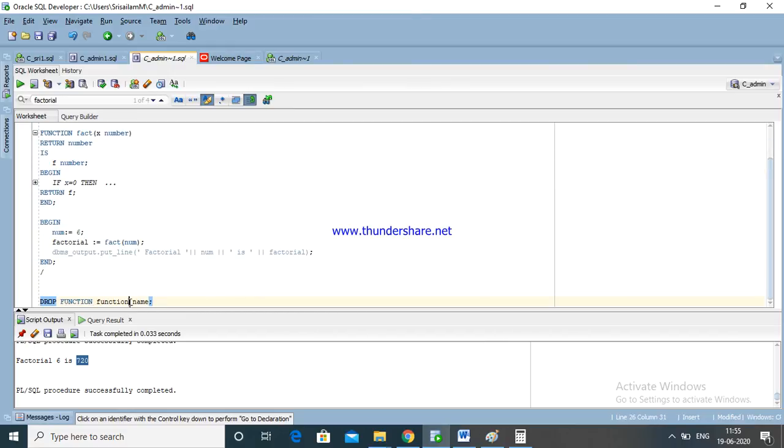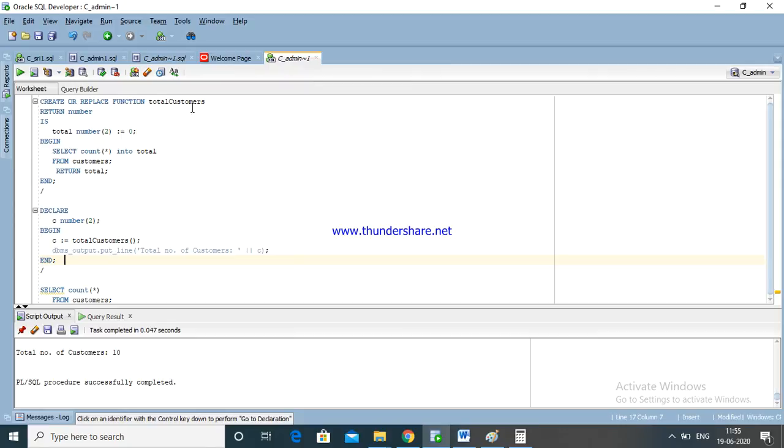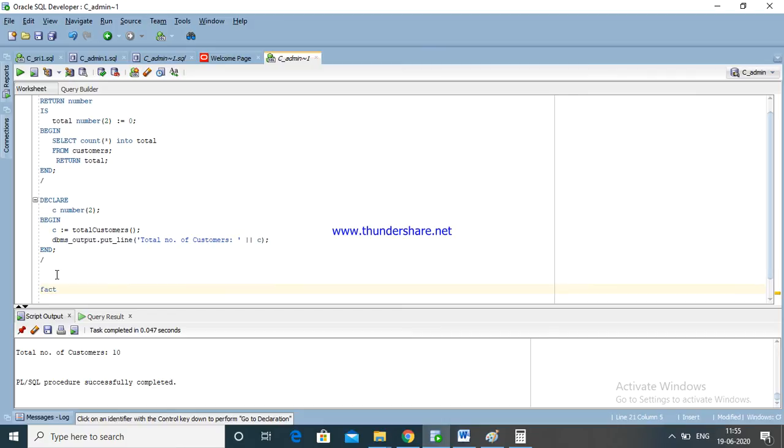We are not going to drop this function, because it is used inside. We can drop the function that is used this way, because this is one function we are calling from another program.